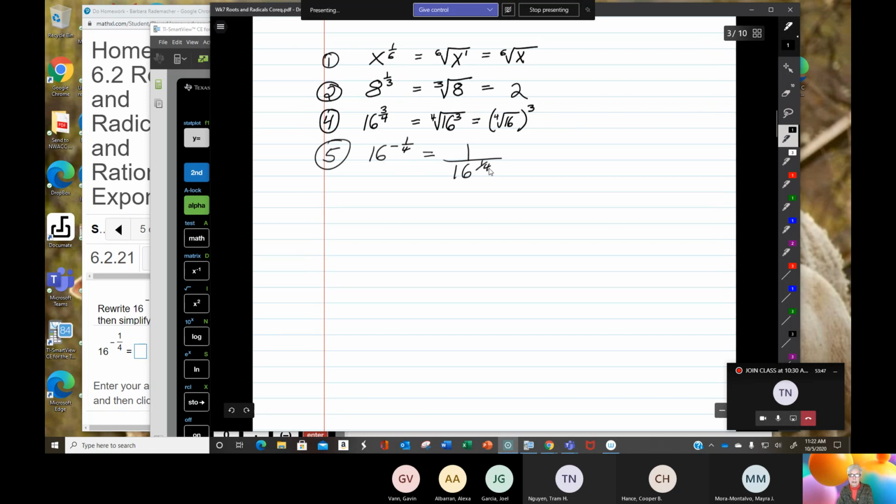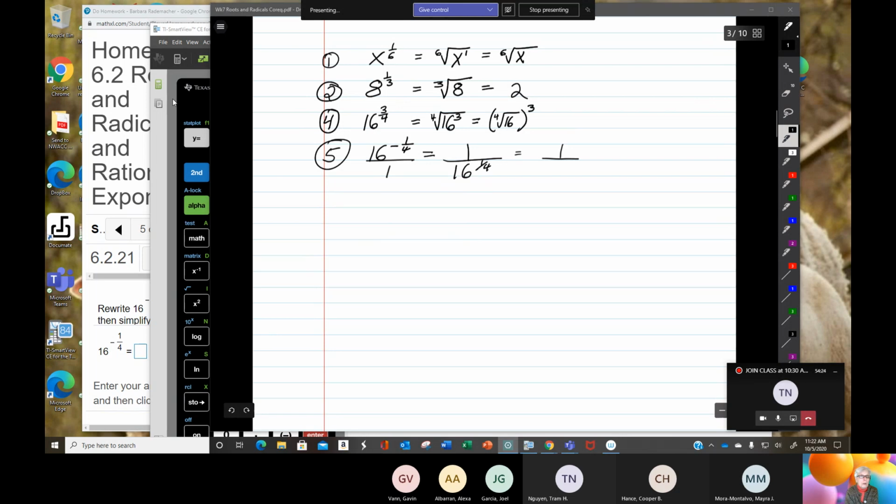power. A convenient way to think of this is that the negative sign on the exponent is telling us that 16 is in the wrong place. 16 right now thinks it's in the numerator and it's very unhappy. It wants to be down here. Okay, now that we've got 16 to the 1/4 power down there,